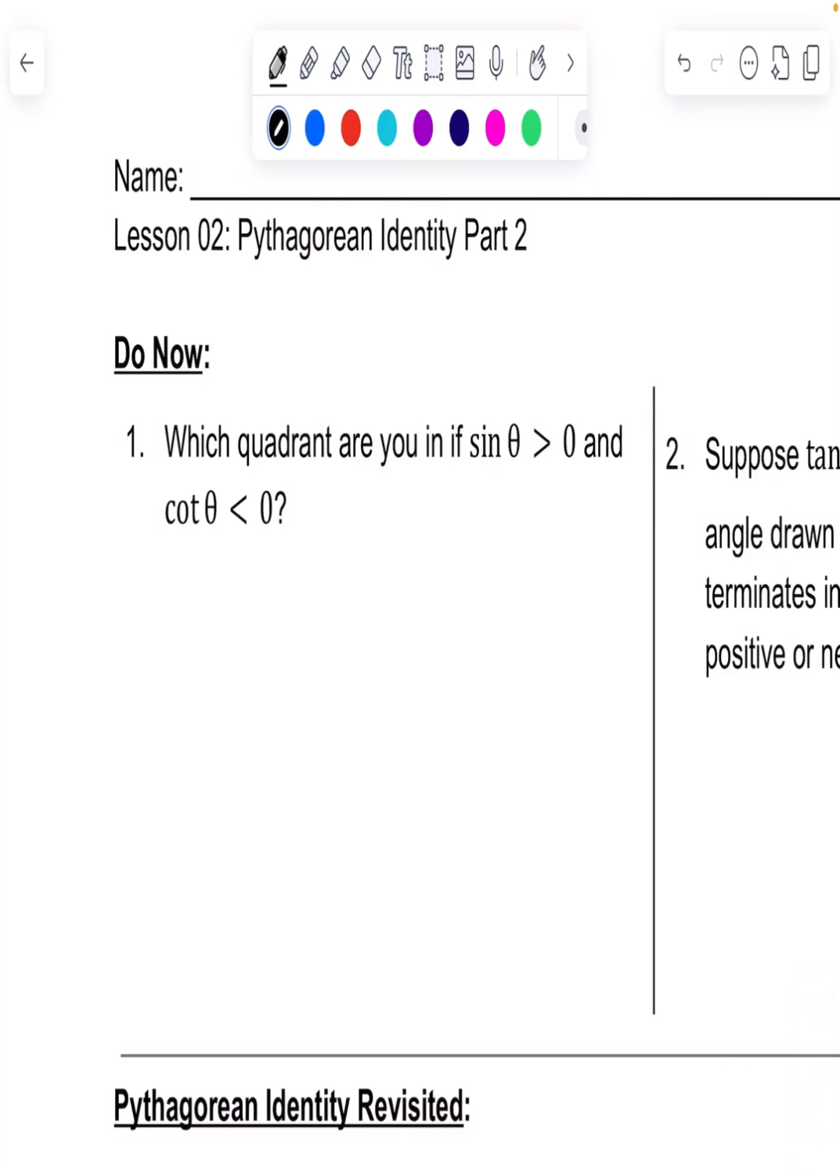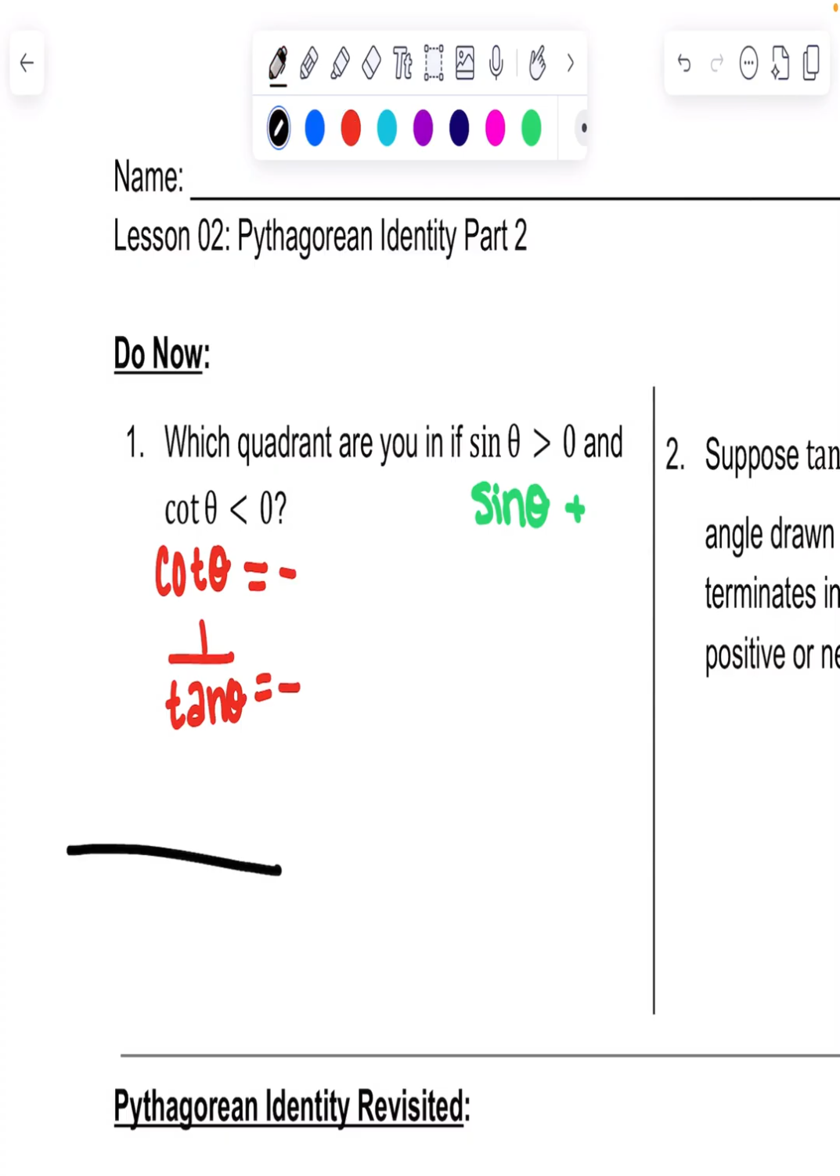So it says, which quadrant are you in if sine of theta is greater than 0 and cotan of theta is less than 0? So sine of theta is positive, cotan theta is negative. So cotan is 1 over tangent. That's the reciprocal of tangent, so that's going to be negative. So if we look at